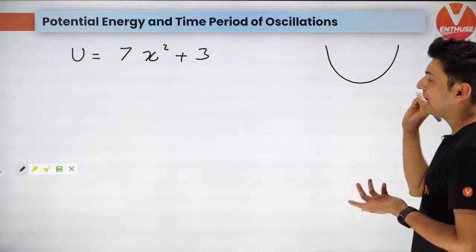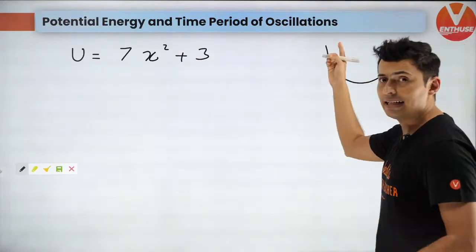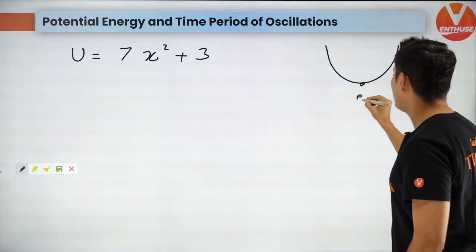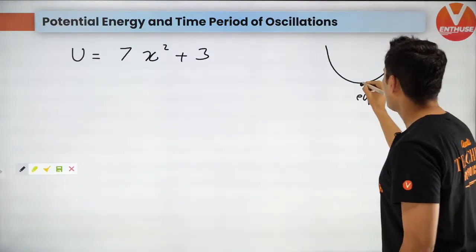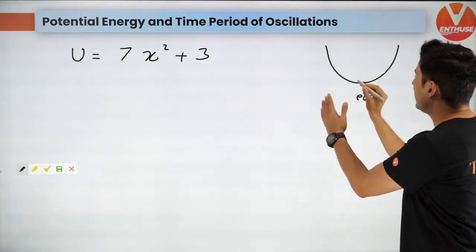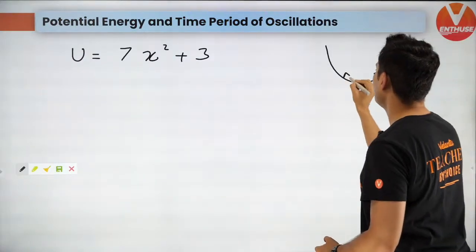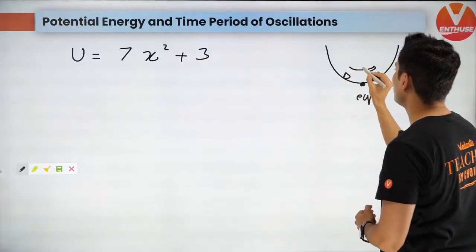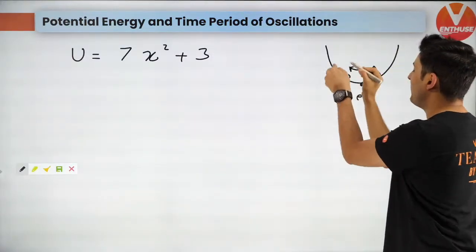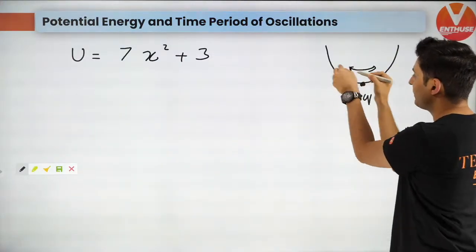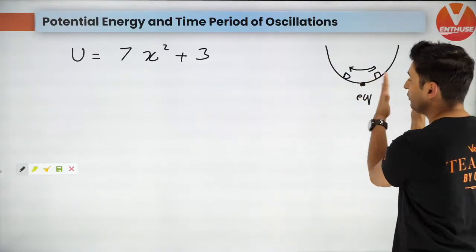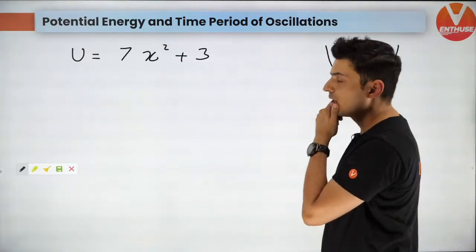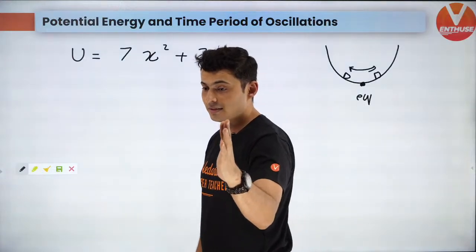It will look like a parabola. This is your equilibrium point. Now, if I move the particle here or here, what will happen? It will try to come back and it will oscillate back and forth if you displace it from the equilibrium position. That means